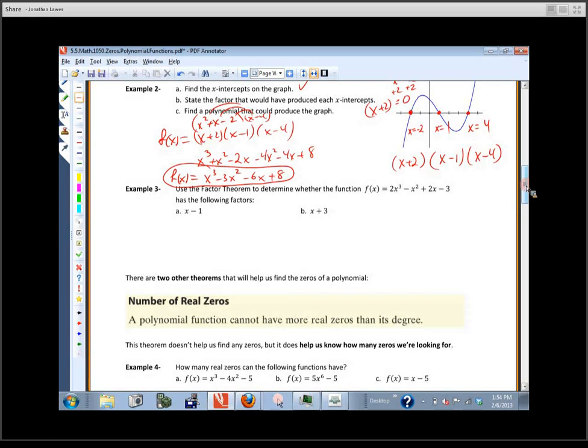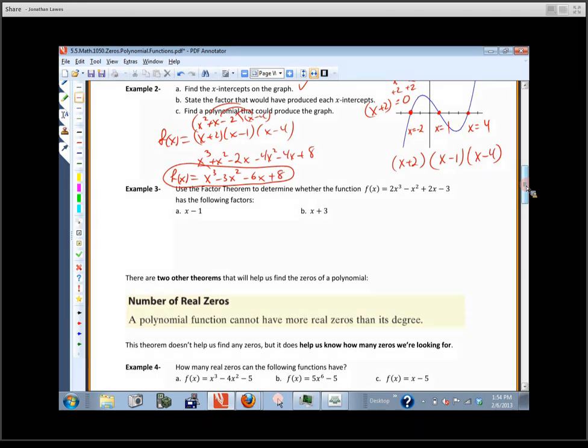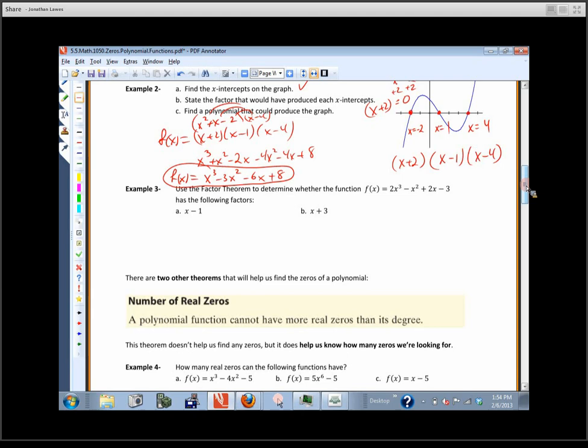Now, here's what's a little bit of a struggle, and I'll be totally honest with you. If somebody says, use the remainder theorem, I have to sit there and think, well, wait a minute, what was the remainder theorem again? And if they say, use the factor theorem, I've got to think about what the names are. I know what they mean, I know how to use them, it's keeping the name straight.